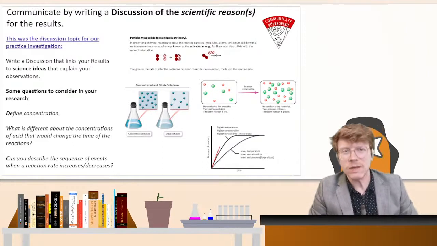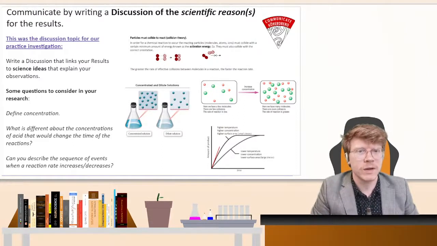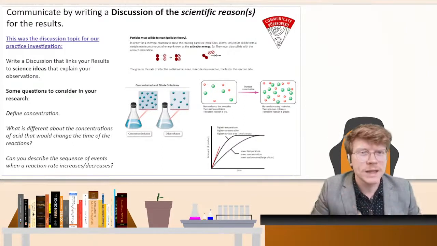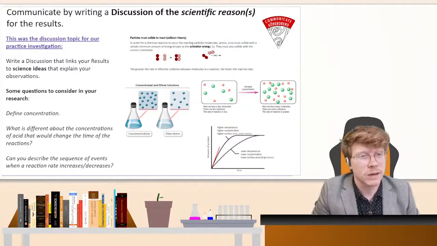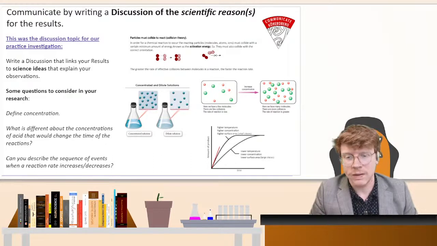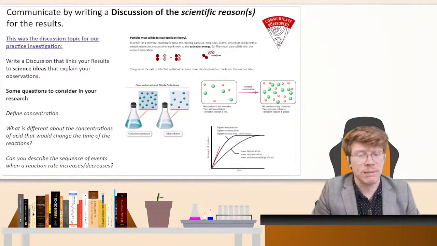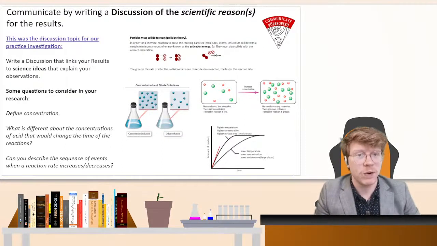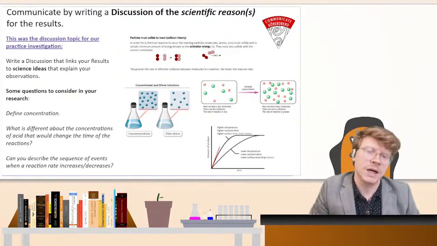When you're getting into year 11, so those of you shooting for level 6 of the curriculum, you can start to look at outside references for this. So you can start to look at websites or articles where people talk about these things. At this stage, though, if you're just using the science knowledge you learn in class, that is absolutely fine. Okay, so have a little bit of a go. This is an example here talking about how particles bump into one another as evidence for why heating up water causes it